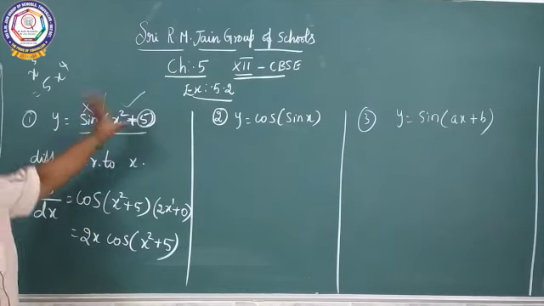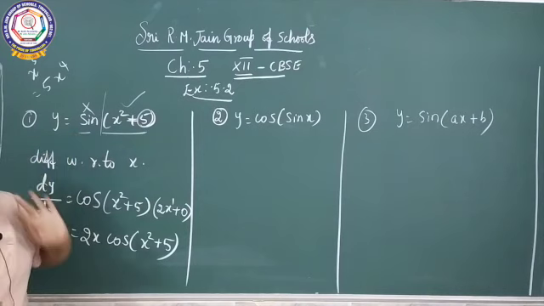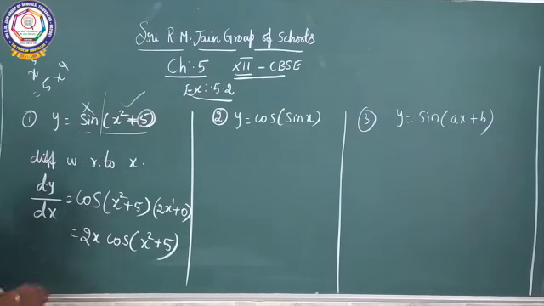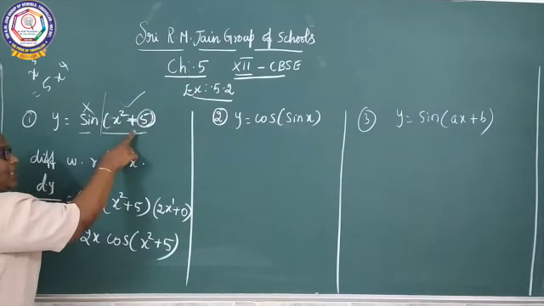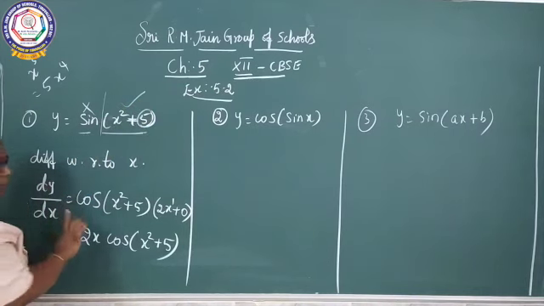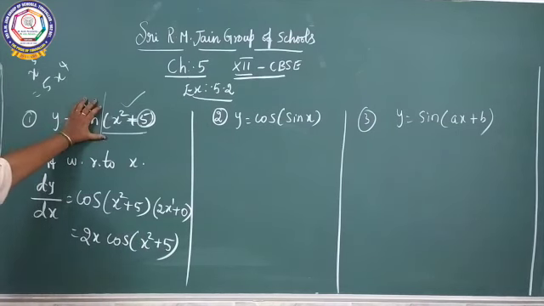First, sine of x, differentiate with respect to x. This full term you can take as x. So differentiation of sine x is cos x, over cos of x square plus 5. Then this part is over, and you move on to the next part. That is the second part. You split the term: this is the first part and this is the second part.